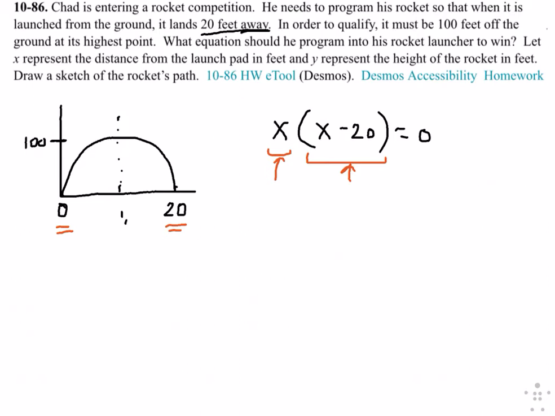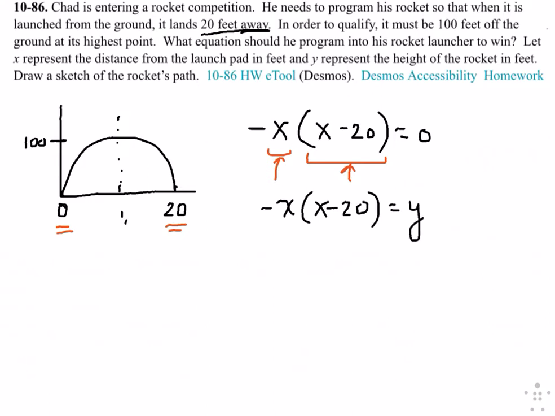The only thing we need to do is get it to open down. So I'm going to put a negative there so that it opens down. Remember, if the parabola has a negative quadratic term, it's going to open down. So if I now say that the equation is negative x times x minus 20 equals y,